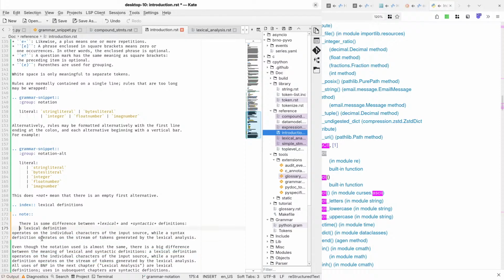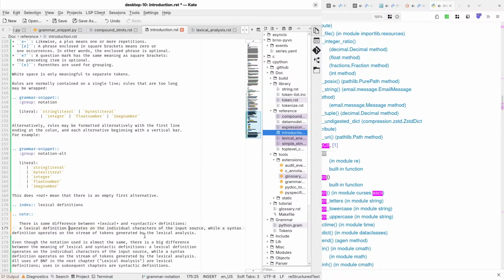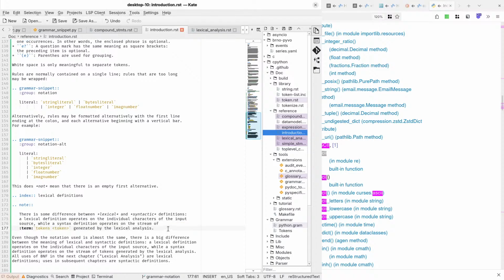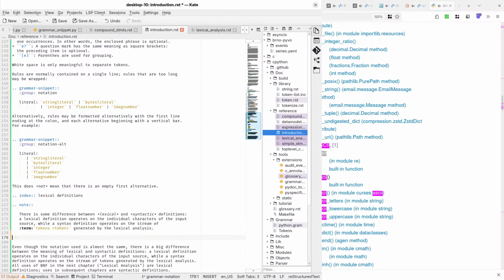Oh, that's nice. Syntax definition operates off the stream of tokens generated by the lexical analysis.